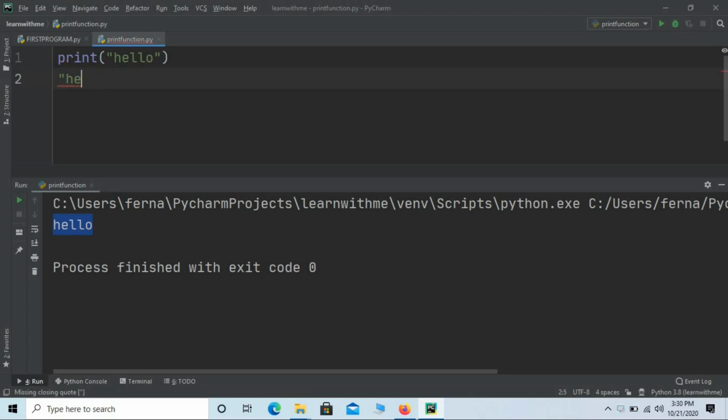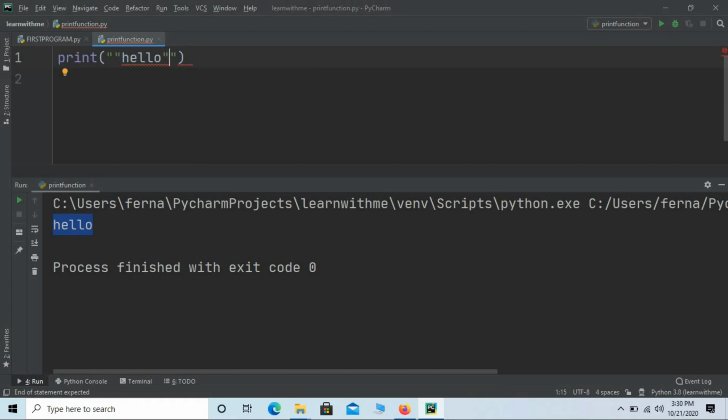Let me just change this particular statement. Say this is my opening and closing double quotes for the print statement. So as I told, I want hello within double quotes. So let me try giving double quotes here and closing double quotes. But if you see the red line, that indicates there is an error. So I cannot use double quotes within double quotes. So how can I do it?